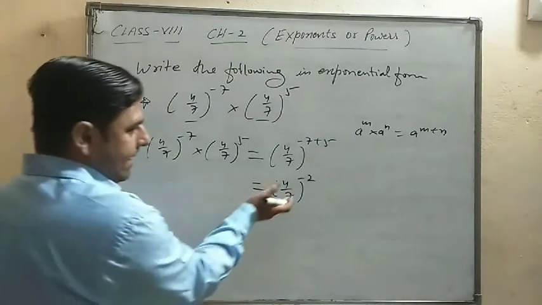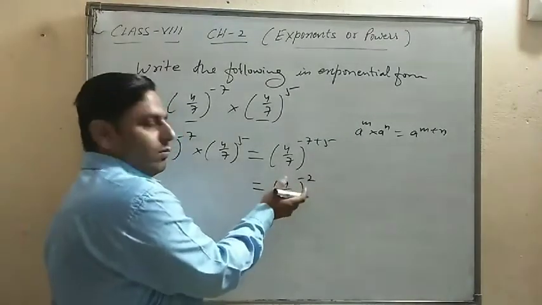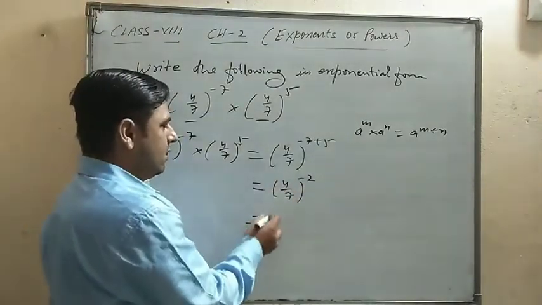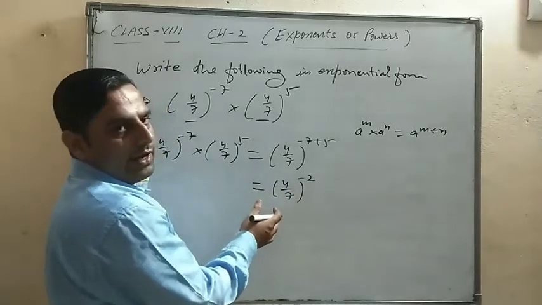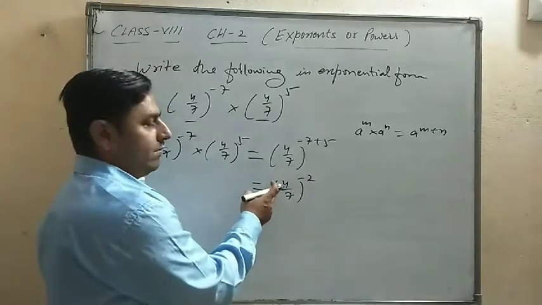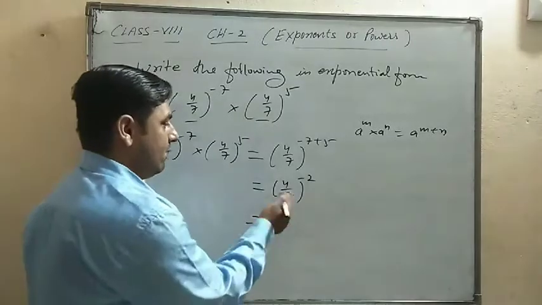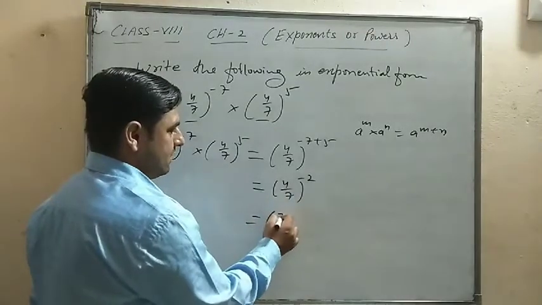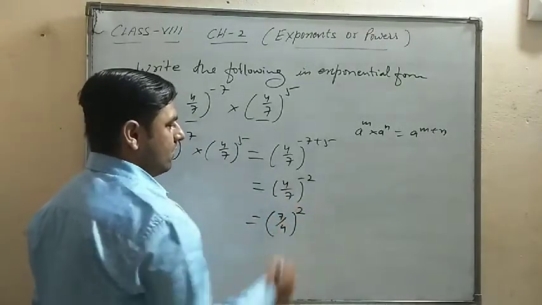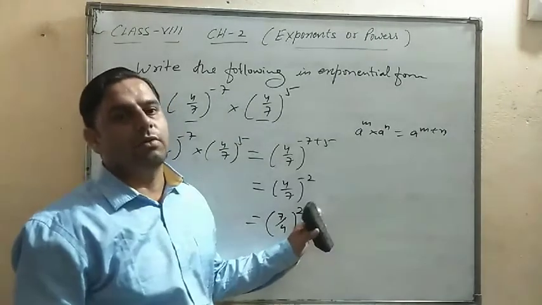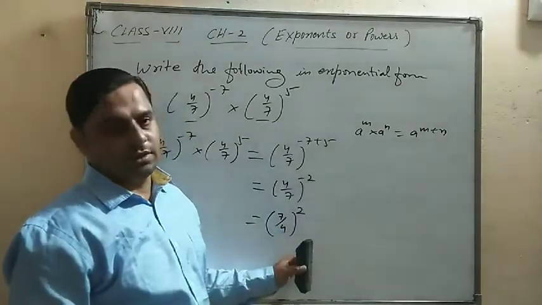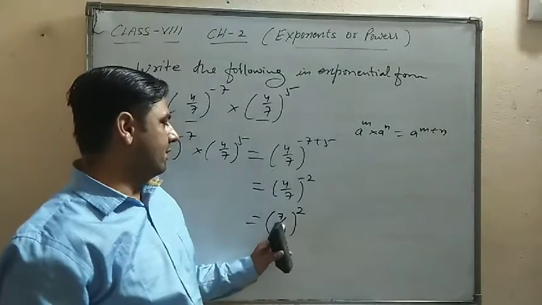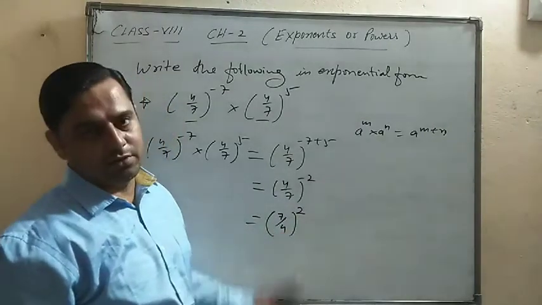So we can write it in positive exponent also. If you interchange the denominator as the numerator and the numerator as the denominator, then the power will be positive. So 7 by 4. Now you can say in another form, the reciprocal of this number is 7 upon 4 raised to power 2.